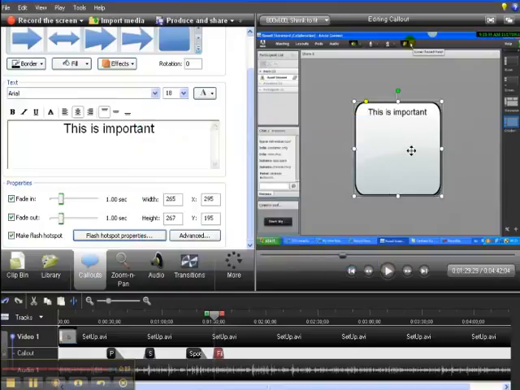Now I have to say one thing about this: you can't see this working while you're in the edit mode. It won't work. And secondly, you can only use this if you save the video as a flash file, not as an MPEG-4. It needs to be saved as a flash file. So you need to save it as flash content, and that way there will be a flash